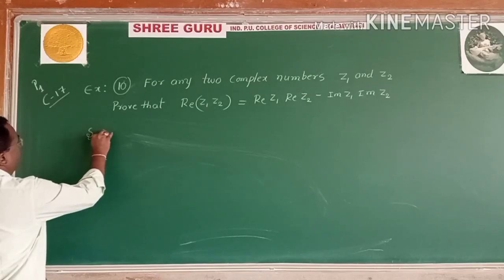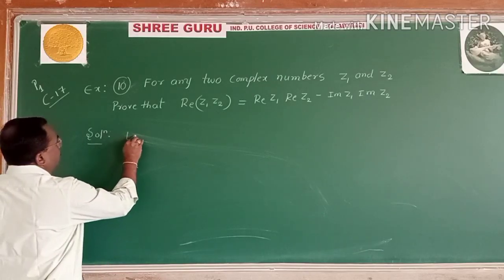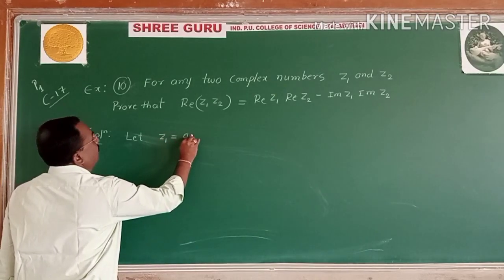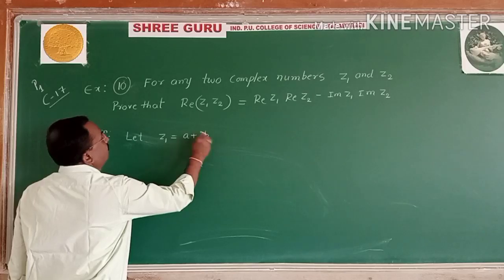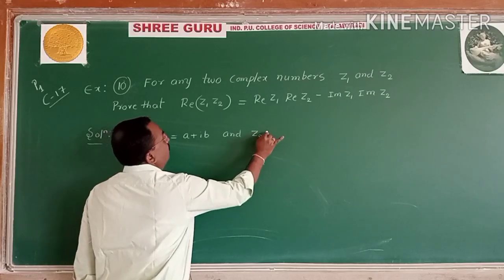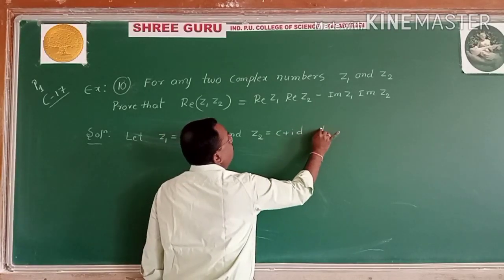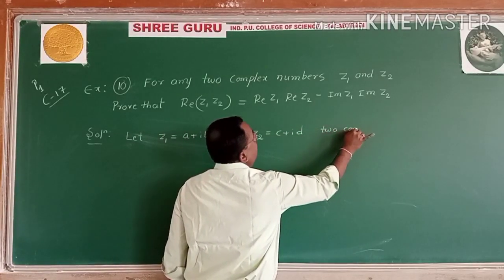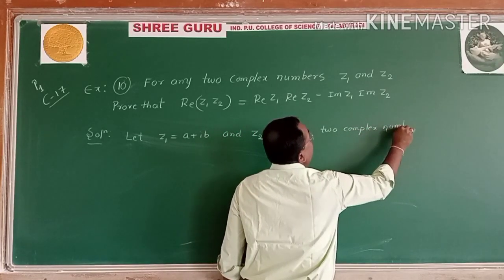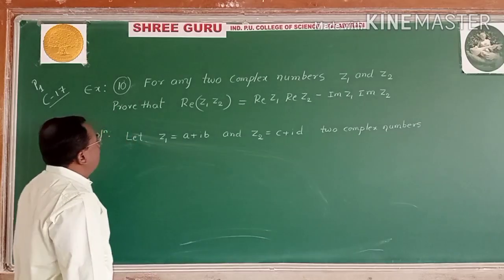Solution. Let Z1 is equal to a plus ib and Z2 is equal to c plus id. Two complex numbers. Prove that